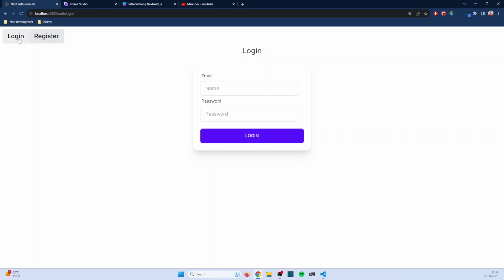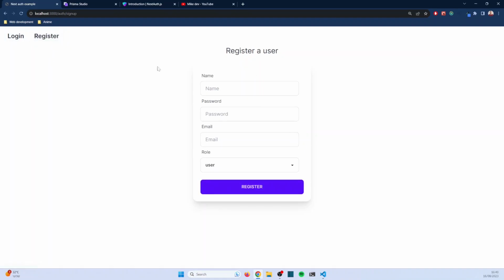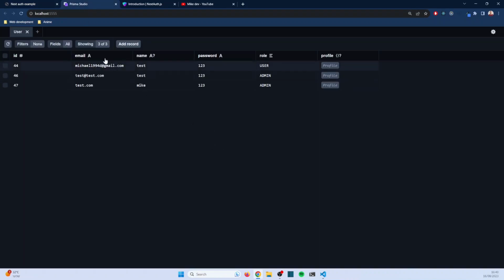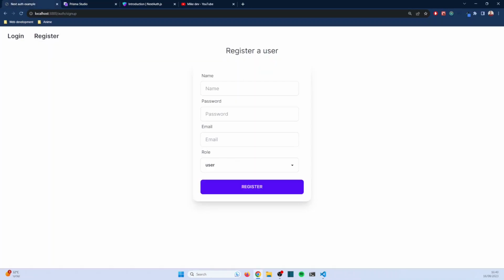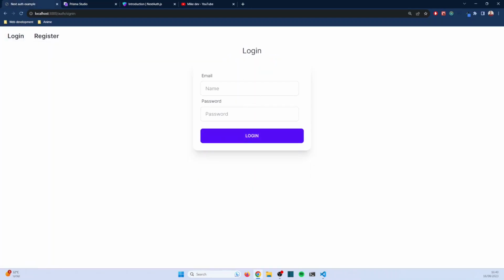So we have here 2 pages, basically login and register. We can register users. We are not going to do it, but believe me, it is working. We have here our database, the Prisma database that we are connected to. These are the users that I already created. We don't have any fancy error handling here because I didn't want to spend too much time on the app. So basically what we can do, we can log in